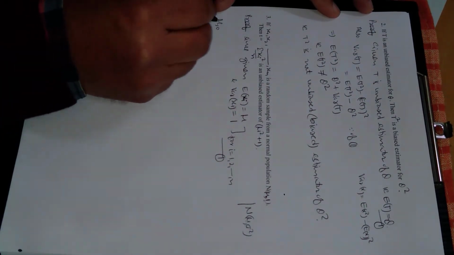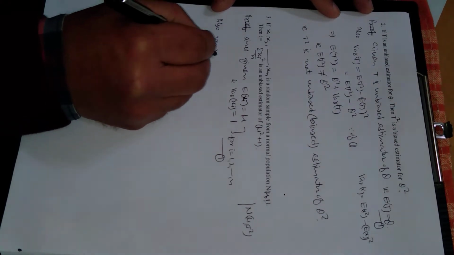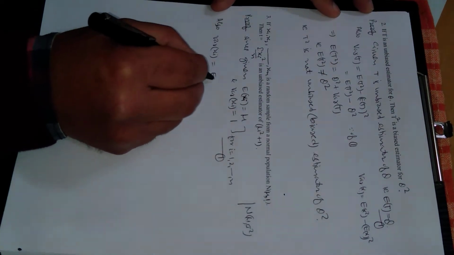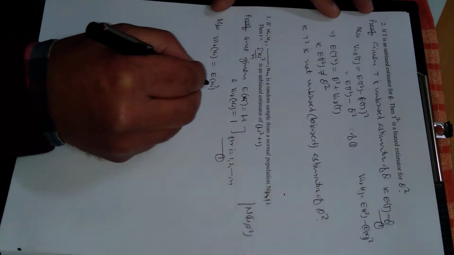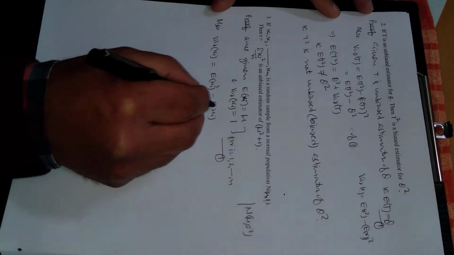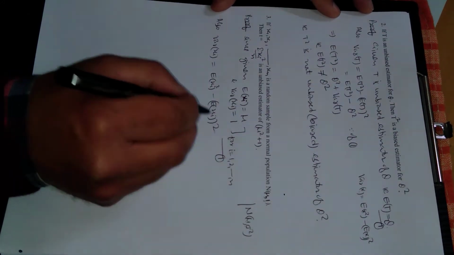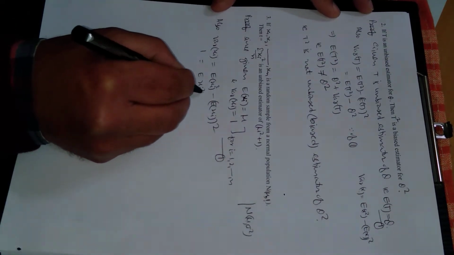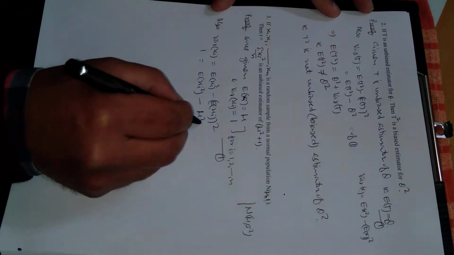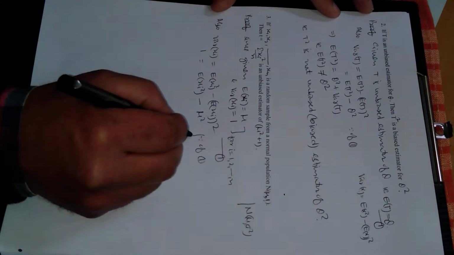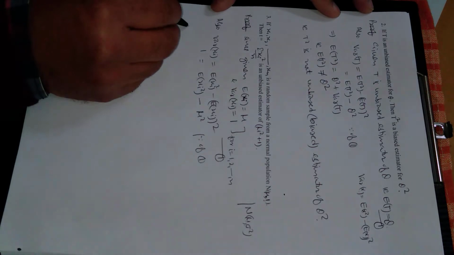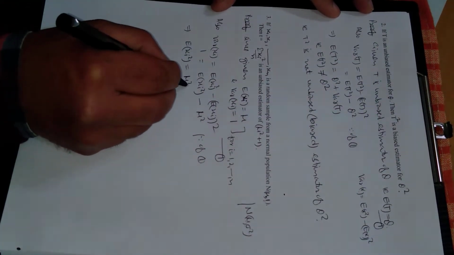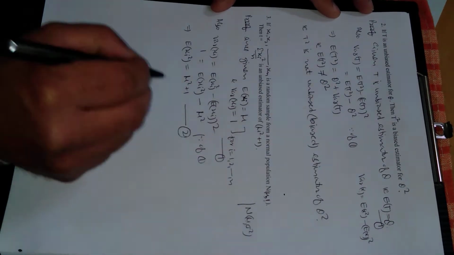Also, variance of xi, using this result, replace x by xi, so this will be equal to expected value of xi square minus expected value of xi whole square. Variance of xi from this equation is 1. This will be as it is, xi square, and this is also given to be mu, by equation 1, right? Substitute the value of variance of xi and this one. So from here, E of xi square will be equal to mu square plus 1. Let us put this to be equation number 2.